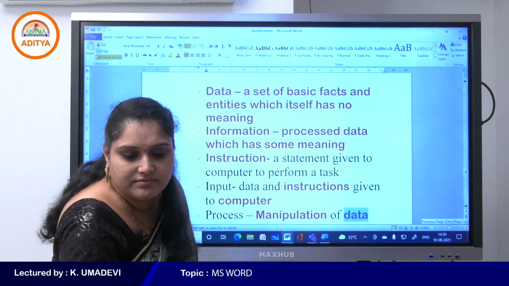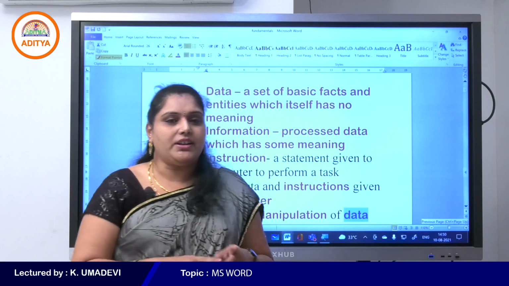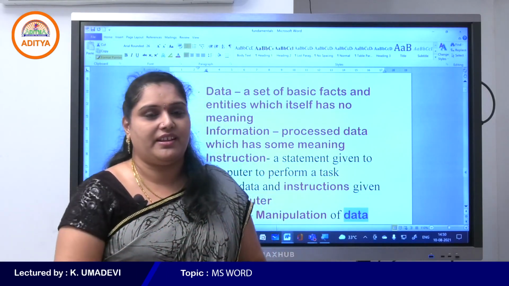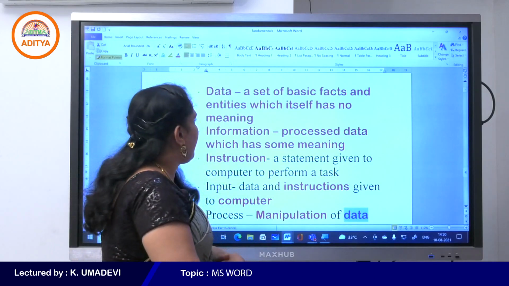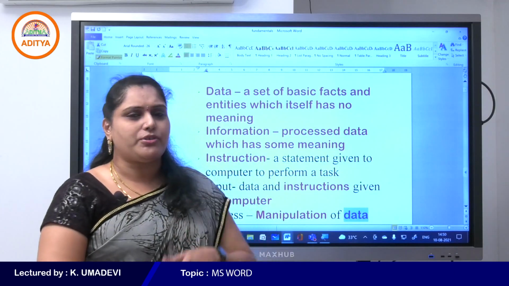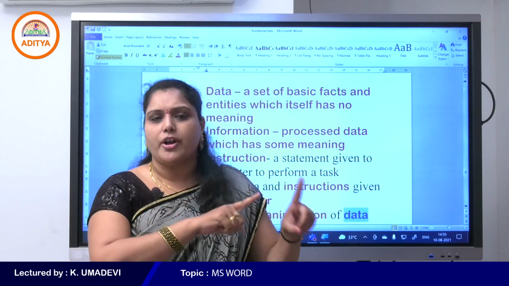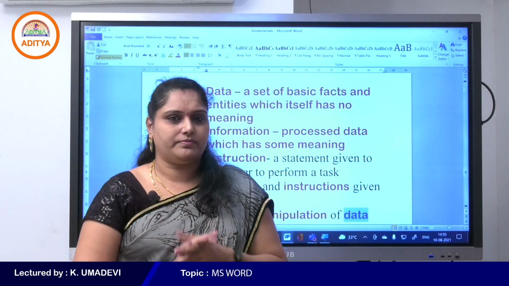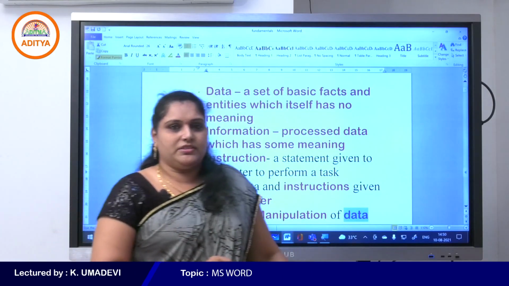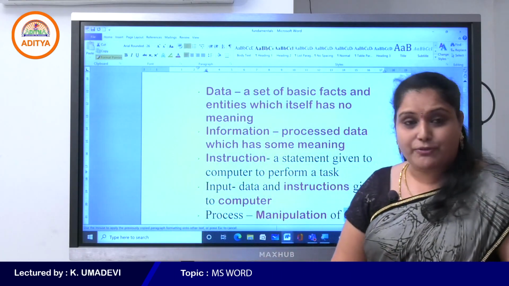Lavanya, clear? The default font is Calibri. The default font size is 11. And again we have two more options, that is undo and redo. Do you know about undo and redo, students? What is the use of undo and what is the use of redo? Can you tell me the shortcut keys of undo and redo? See here I use the shortcut key for undo.